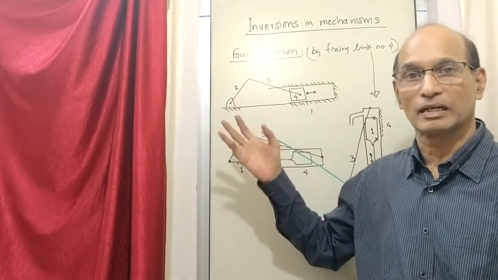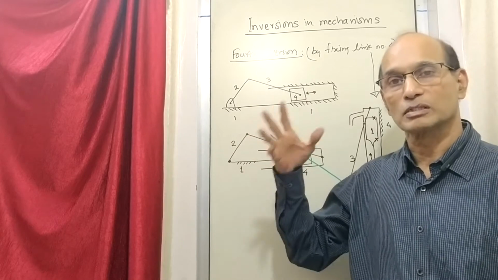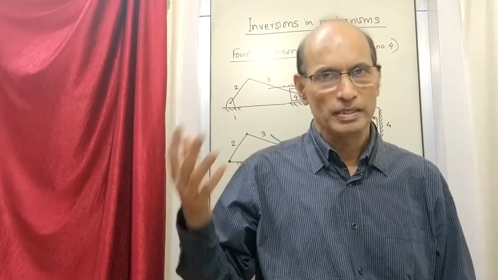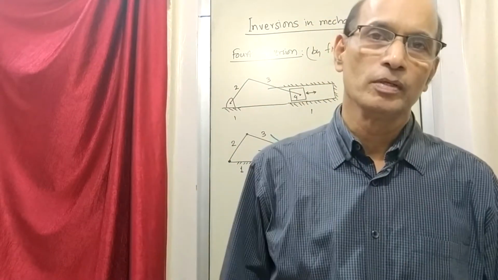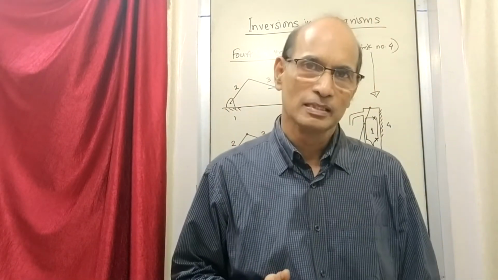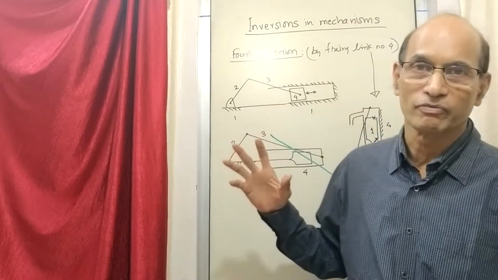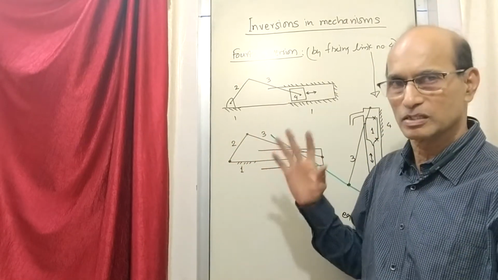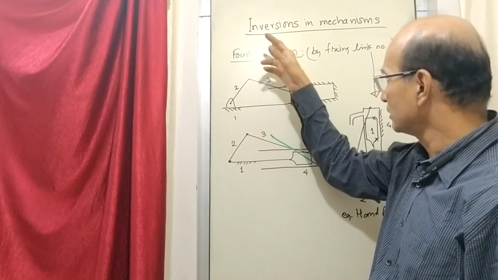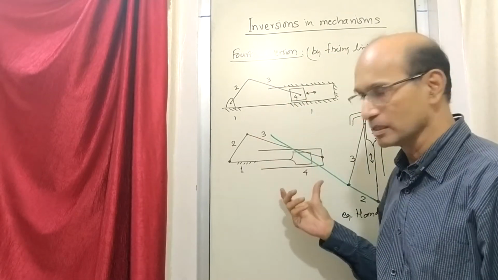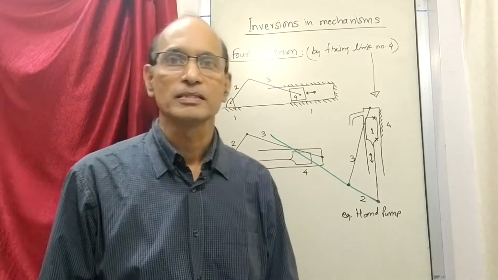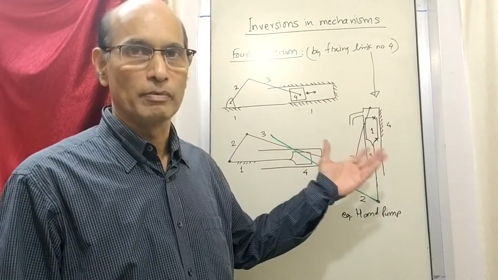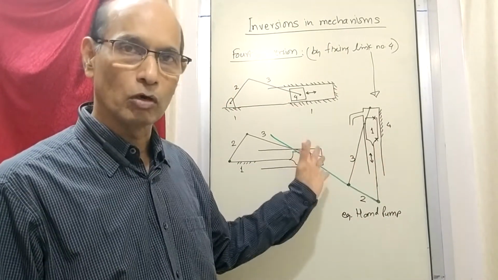There could be a double slider crank mechanism also, whose inversions also exist. So many other things exist. In fact, mechanisms have a wide scope. Several different mechanisms exist, and there is no limit to what they can give. So we are restricting ourselves to understanding what an inversion is, and this is the example of that. Okay. Now we'll take up the next topic, some special mechanisms we will learn after this. So just make a good note of this.